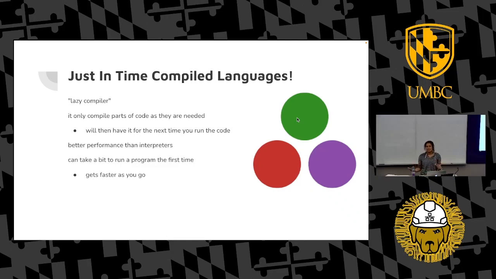And so it's essentially a better way to get better performance than interpreters without having all the cons of a compiled language. But the con of just-in-time compiled languages is that it's going to take a bit to run its first time because it has to compile everything. But after it compiles everything once you run it again, it's going to be faster because of that. Because it's already going to have the stuff that it already looked at built and ready to go.